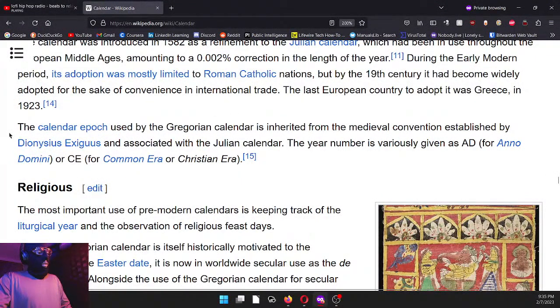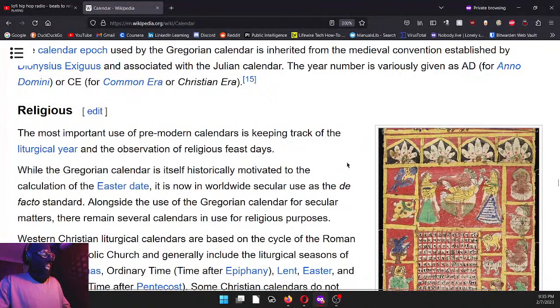The calendar epoch used by the Gregorian calendar is inherited from the medieval convention established by Dionysius Exiguus and associated with the Julian calendar. The year number is variously given as AD for Anno Domini or CE for Common Era or Christian Era. Anno Domini. Yeah, I'm just gonna say Anno Domini for the sake of speaking English and saying it in the most English way ever, even though it's Latin. All right,